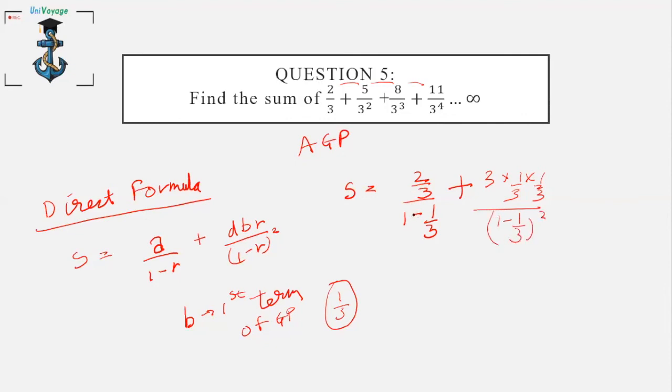So here, if you go on to solve this, you'll get 1 minus 1 by 3 is equal to 2 by 3. So this gets cancelled, and this will give you 1 plus, here 3 and 3 would be cancelled, and this would give you 1 by 3 divided by 1 minus 1 by 3, which is 2 by 3 the whole square, and this would give you 4 by 9. Here 3 and 3 would get cancelled. The final answer would be 1 upon 3 plus 4, which would be 7 by 4. We get the exact same answer here. So just make sure that you make a note of this direct formula. It will be really useful and save you loads of time if this question comes in the examination.